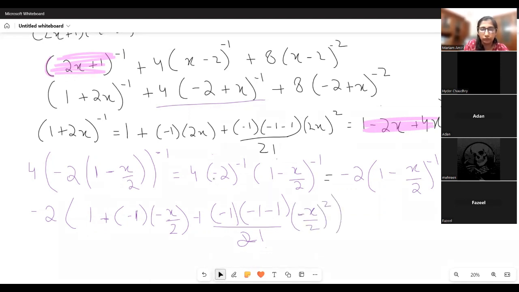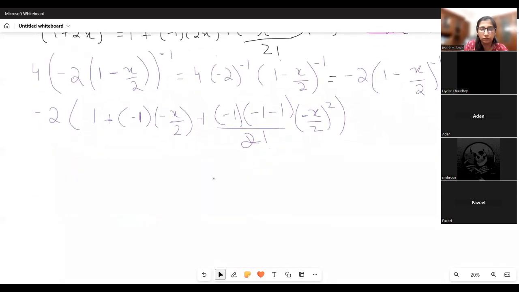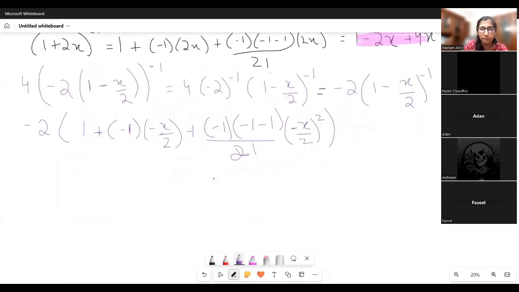So that gives us minus 2 times 1 plus x upon 2, and then carefully entering all of that in the calculator, minus 1